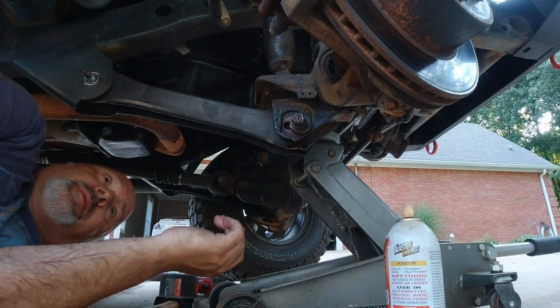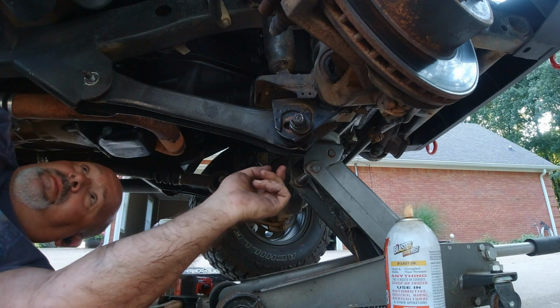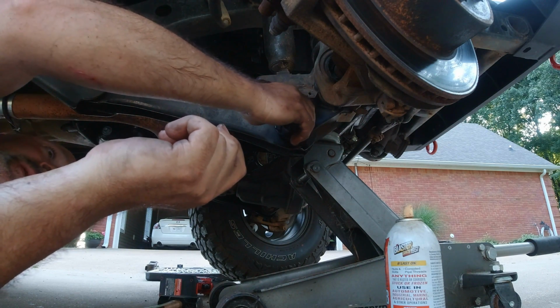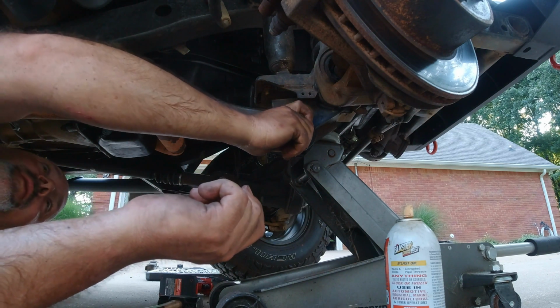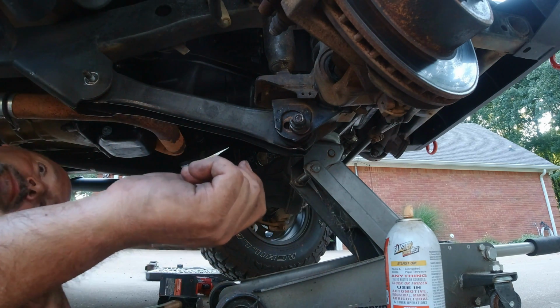That didn't work. It's bending my ears apart on my axle housing. So anyway, I'm gonna have to try to get this put back together. Hope I get these cam washers back in place, because when I jacked it up without the tire on it, they came out of place. So anyway,